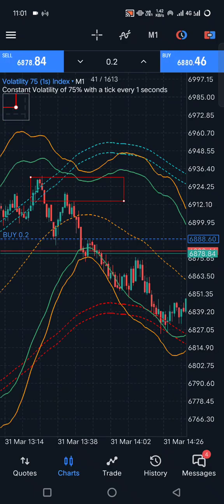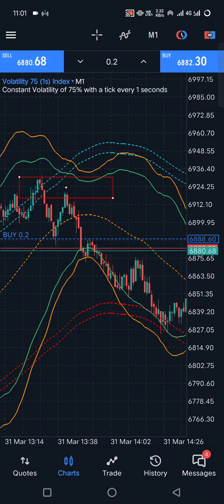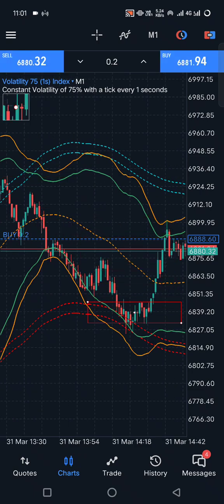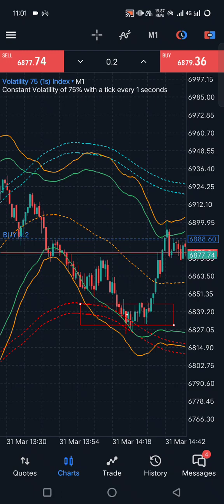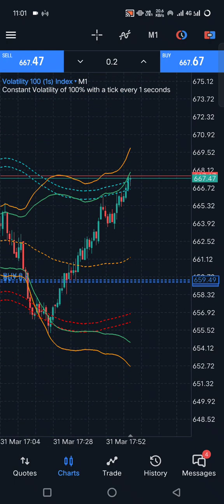Here you guys can see it touched the upper Bollinger Band and the market started going down. So this is a clear direction for when to take the exit. Once the market hits the lower Bollinger Band envelopes, go for the exit. Everywhere you take the entry, you will be in profit. Look here,